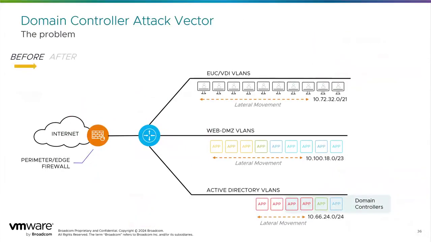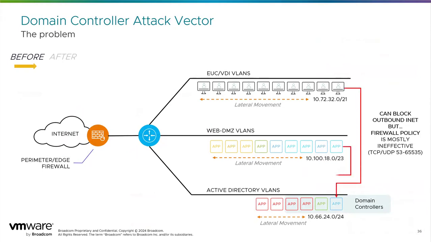Let's take, for example, a domain controller attack vector. The problem before is when you're looking at this, you can block outbound, but the firewall policy is pretty much ineffective. If we think about it, domain controllers need X amount of ports. Like if you're still using 2003, you're pretty much opening TCP and UDP ports 53 through 65,535. How useful really is that? Now, again, that's a little excessive, but you're still opening a lot of ports